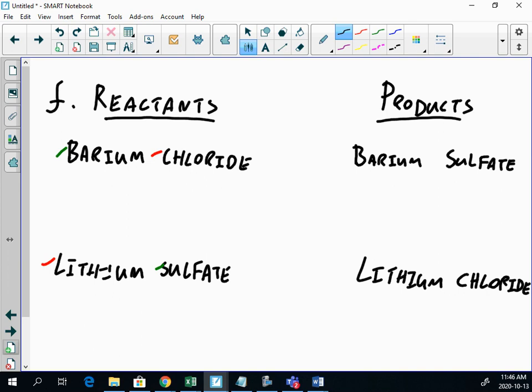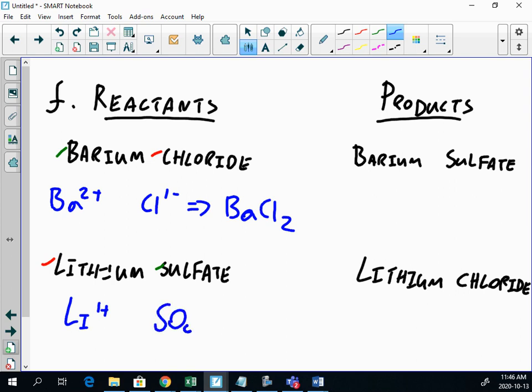Cool. Then, barium has a charge of 2+. Chlorine has a charge of 1-. Overall, barium chloride is BaCl2. Lithium sulfate. Lithium has a charge of 1+. Sulfate is a complex ion, SO4 2-. Overall, I get